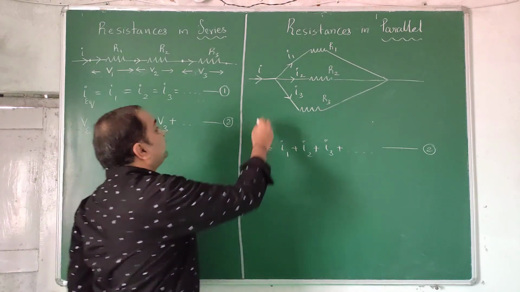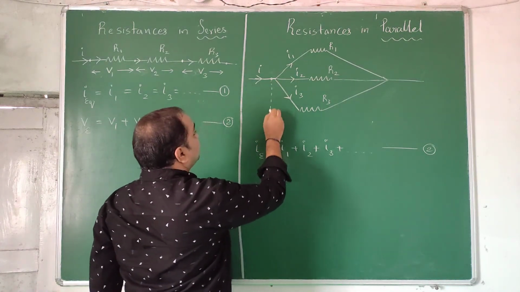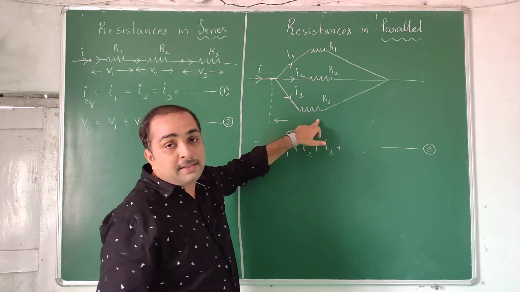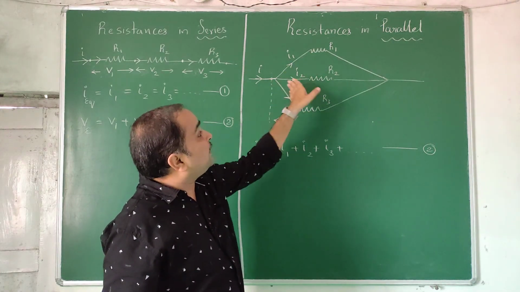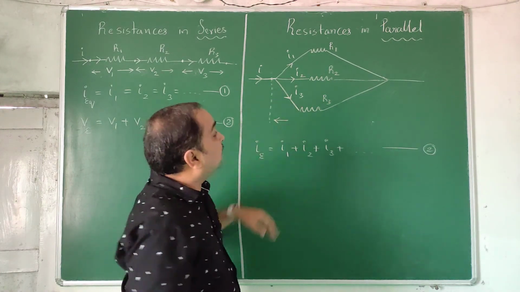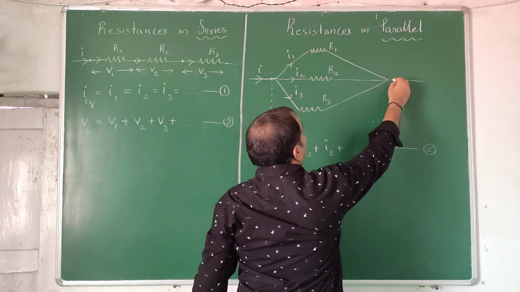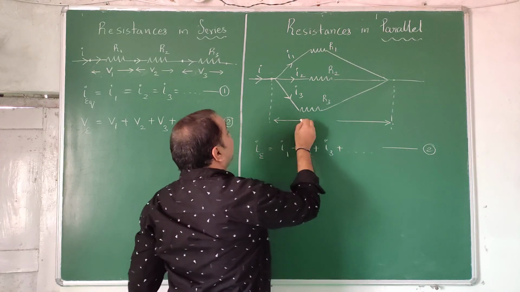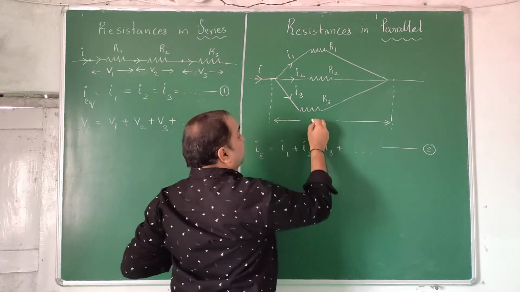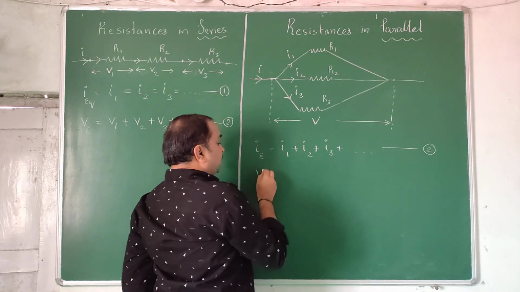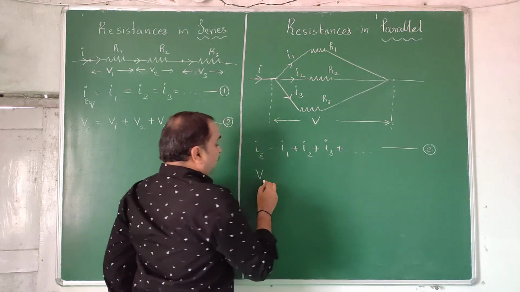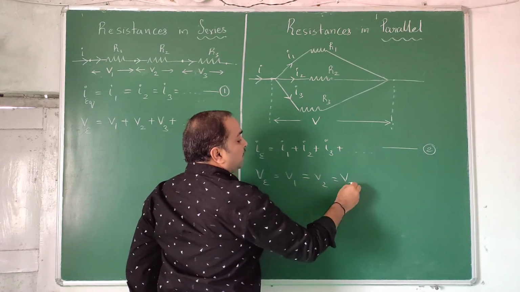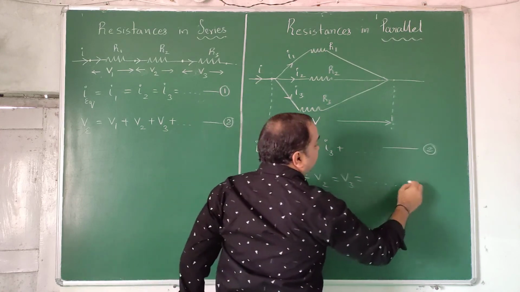Now in this case, I have a point. From this point, let it be a fan, bulb or anything being connected like that. Different energies are being used up. We can't say it, because the energy difference between these 2 points is the same. Potential difference is the same, currents are different. In series, currents are the same, in parallel potential differences are the same. So in this case, V equivalent will be equal to V1 is equal to V2 is equal to V3, and so on. This is your equation number 1.